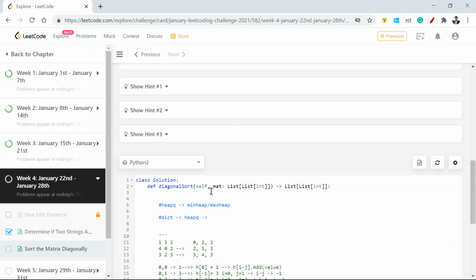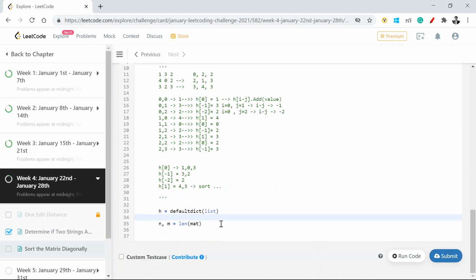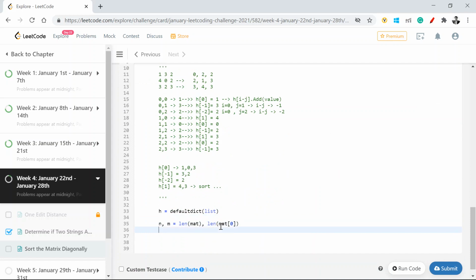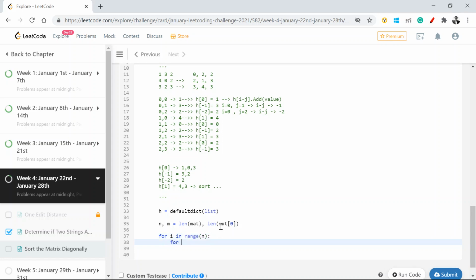Input is mat, and m will be equal to len of the first row, mat of 0. I have my n comma m, which is the number of rows and number of columns. Now I'm going to loop through all the values in the matrix,